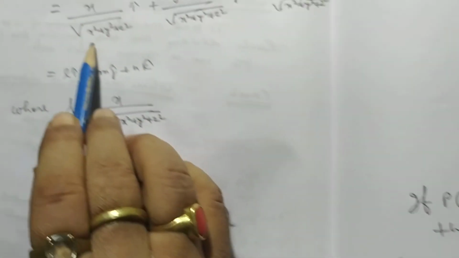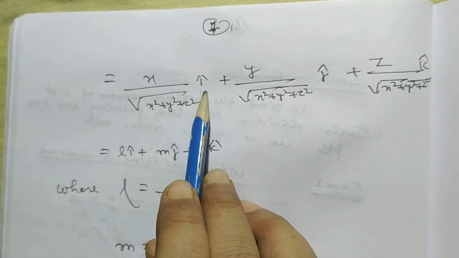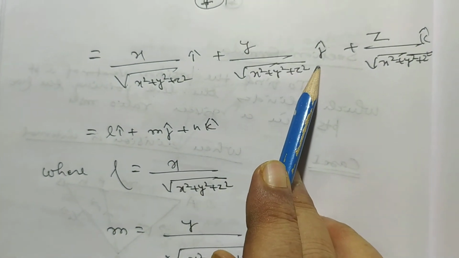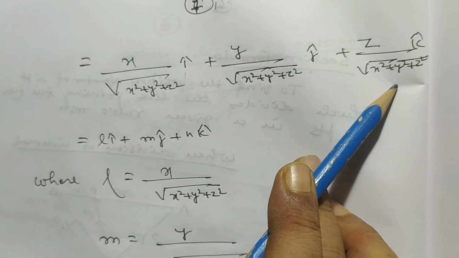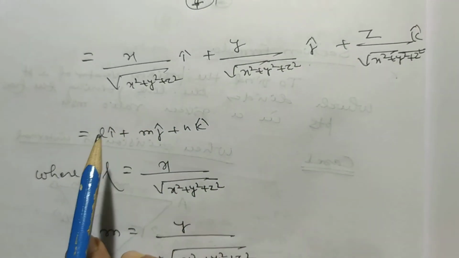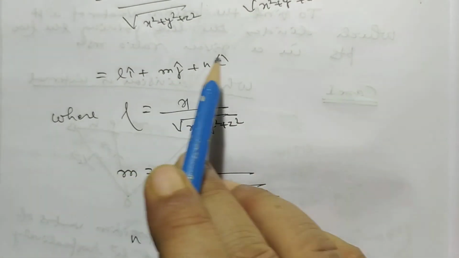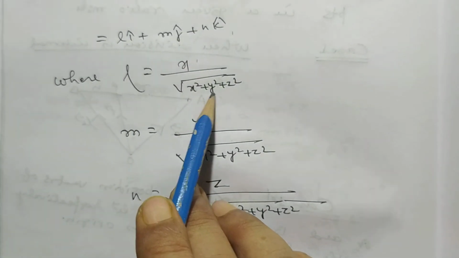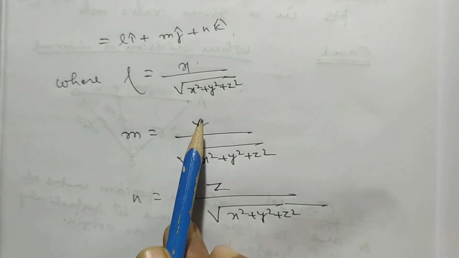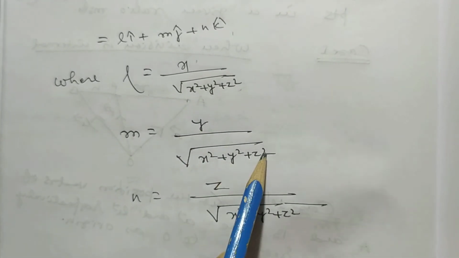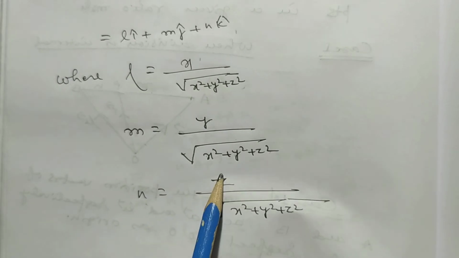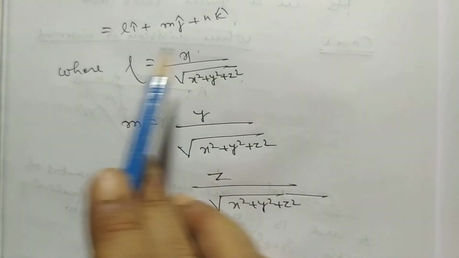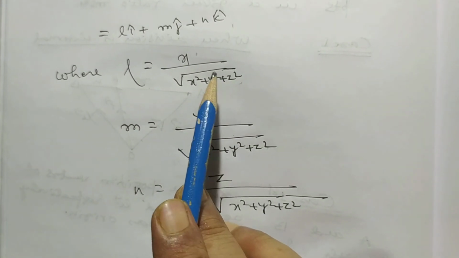So, x by root over x square plus y square plus z square i plus y by root over x square plus y square plus z square j plus z by root over x square plus y square plus z square k is equal to li plus mj plus nk, where l is equal to x by root over x square plus y square plus z square, m is equal to y by root over x square plus y square plus z square, and n is equal to z by root over x square plus y square plus z square. And this is known as direction cosines in terms of